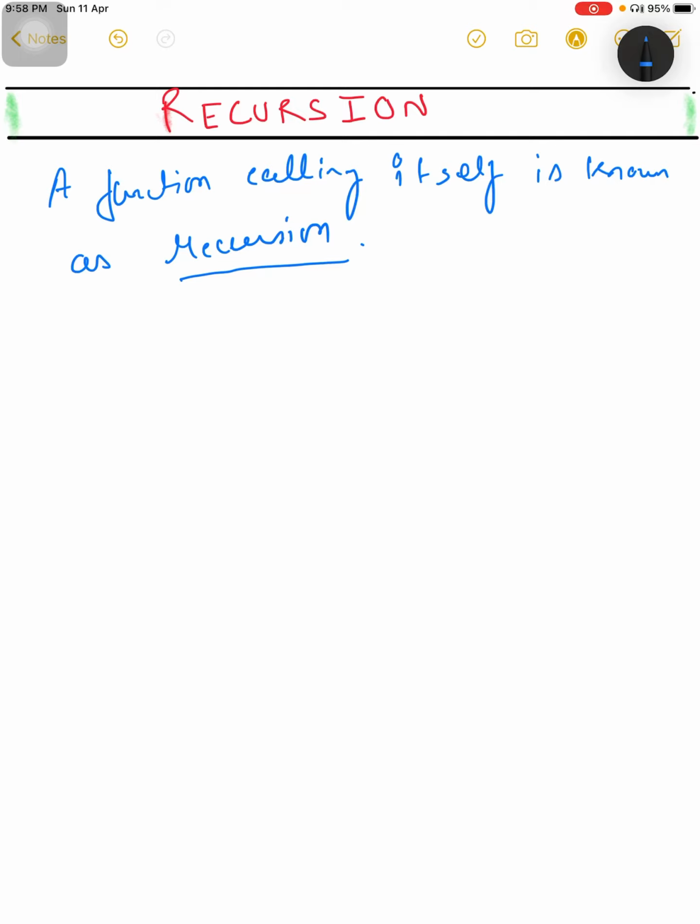The topic for today's video is recursion. A function calling itself is known as recursion. For example, we take the example of factorial. Suppose we wanted to calculate the factorial of 6. So in order to calculate the factorial of 6, we need to know the factorial of